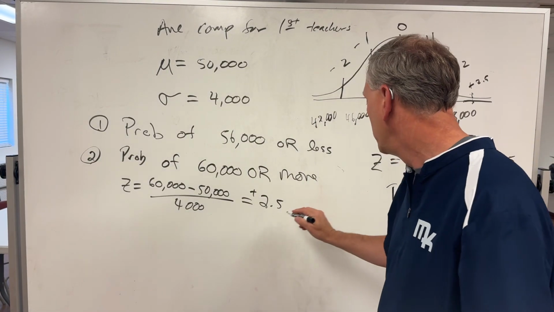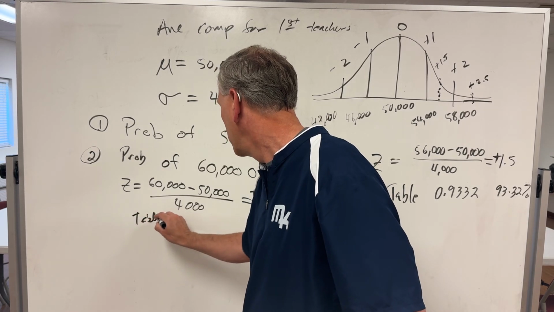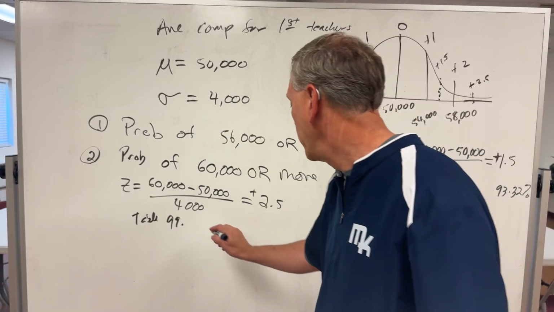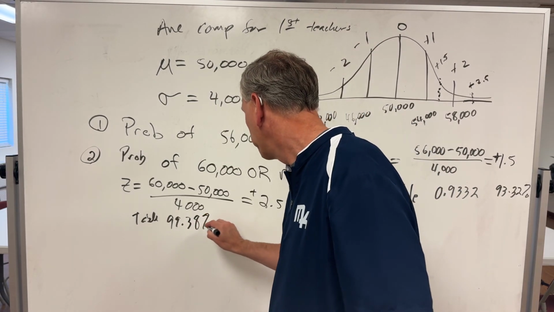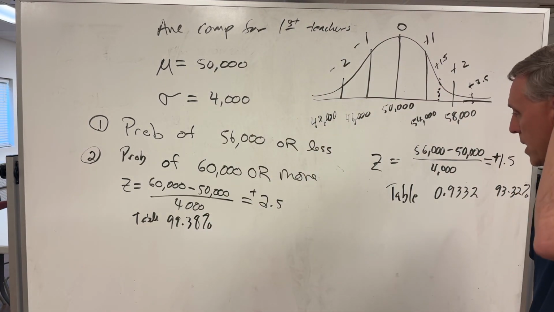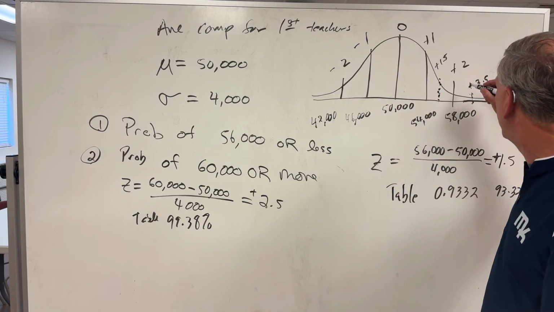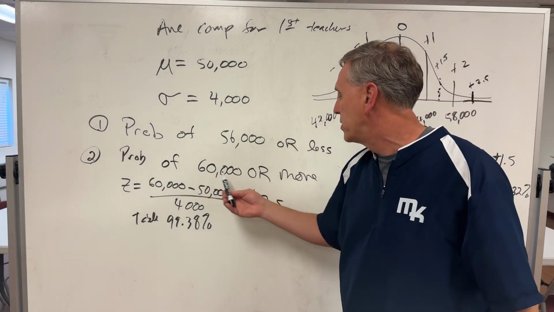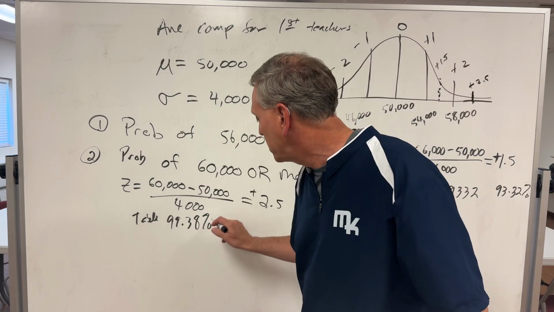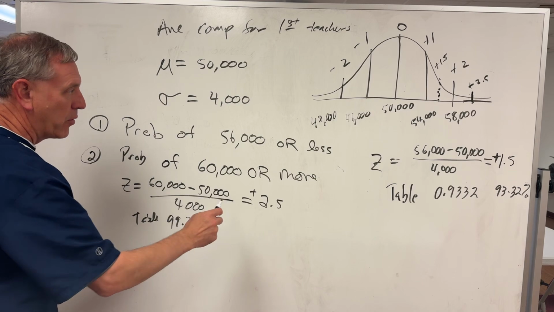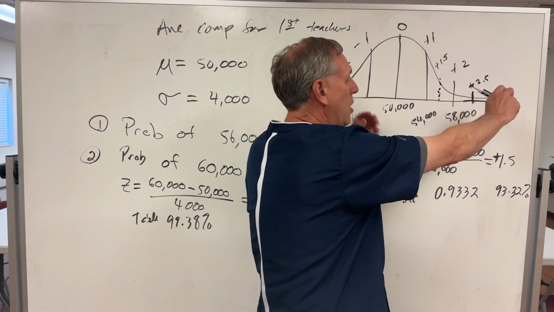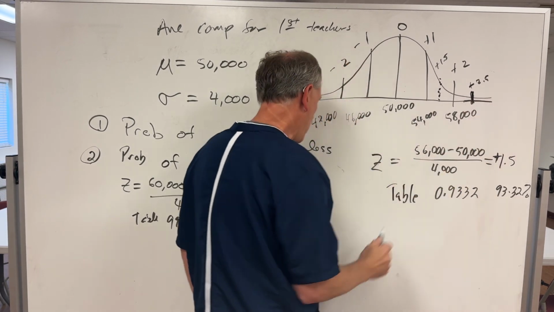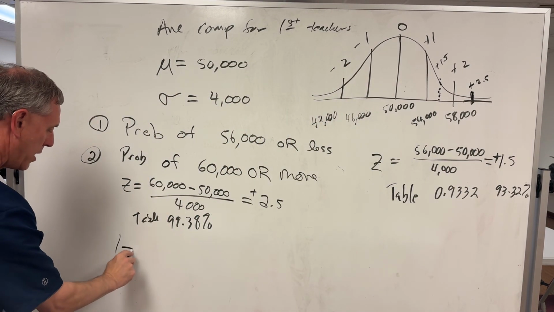So from the table, the value here is 99.38%. That tells us the probability of making 60,000 or less, but we're asked about 60,000 or more. So to find the probability of making more, this whole thing sums to 100%. If 99% of them are on this side, the rest of it is out here. And so to find the answer, we'll do 1 minus